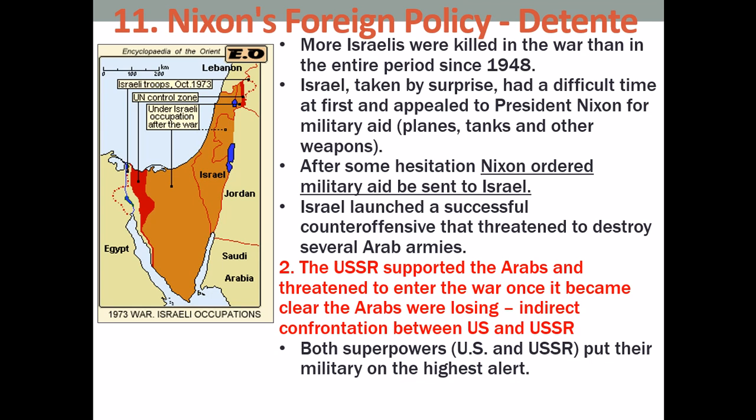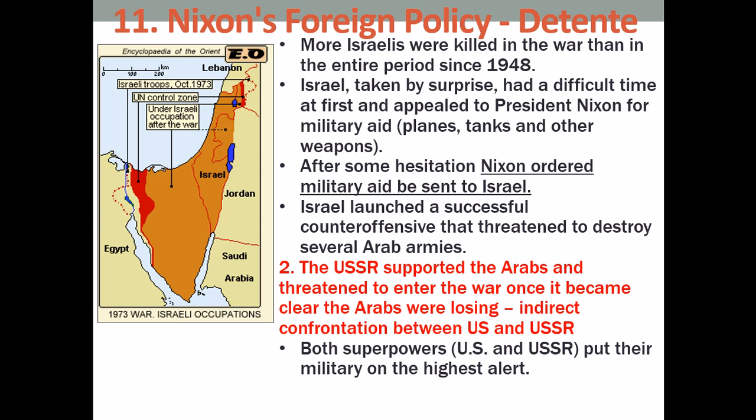And as a result, Israel is going to successfully launch a counteroffensive, and they're going to take down the Egyptian and Syrian armies. And so then it looks pretty bad for the Arabs. At this point, because it looks bad for the Arabs, the Soviets start to support the Arab nations of Syria and Egypt, and it is during this 1970s Yom Kippur War that is the closest